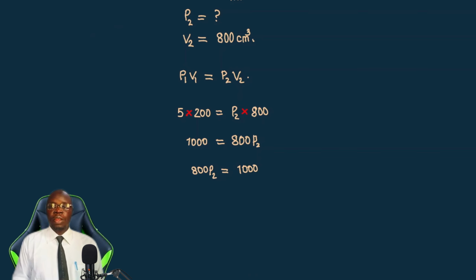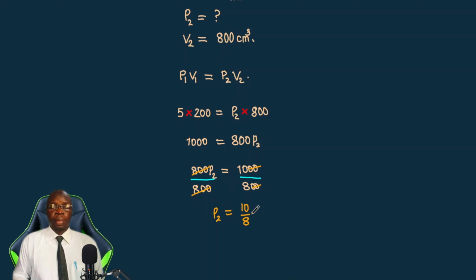Now this time we're dividing both sides here by 800 in order for us to obtain only P. So the 800 will have to cancel, and these two zeros will also cancel with that. Now our pressure 2 will just be 10